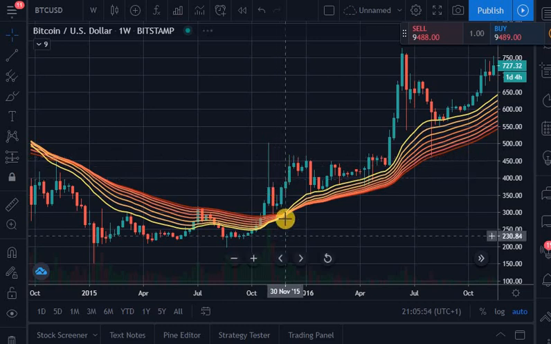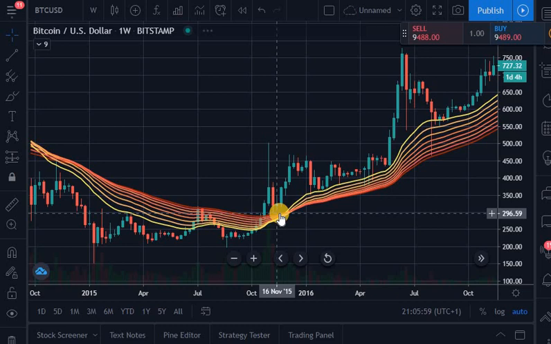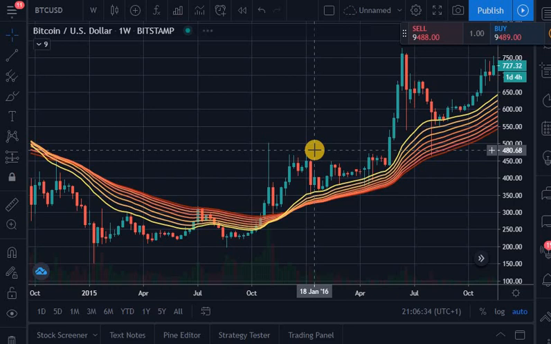As you can see, when the price is above the ribbon, the asset is in a bull trend. A bull trend means the asset is in an uptrend. That means it will continue to go higher and higher. So as an investor, you would want to buy low. That means when the price dips to the ribbon, you would want to be buying every single time it dips to the ribbon.